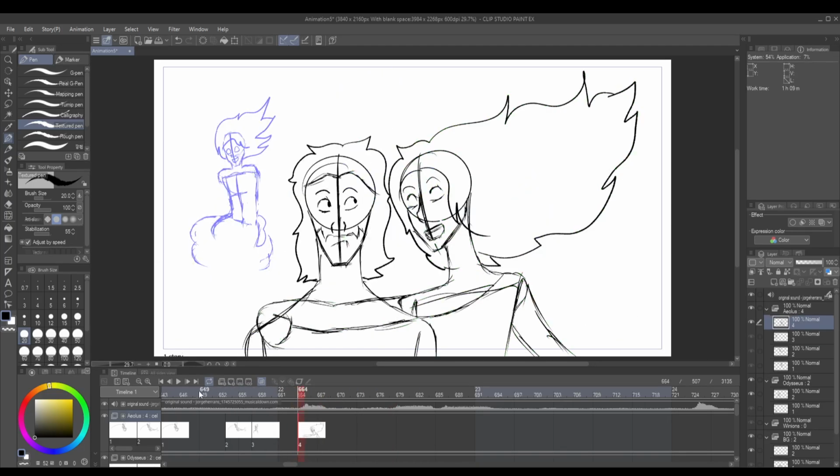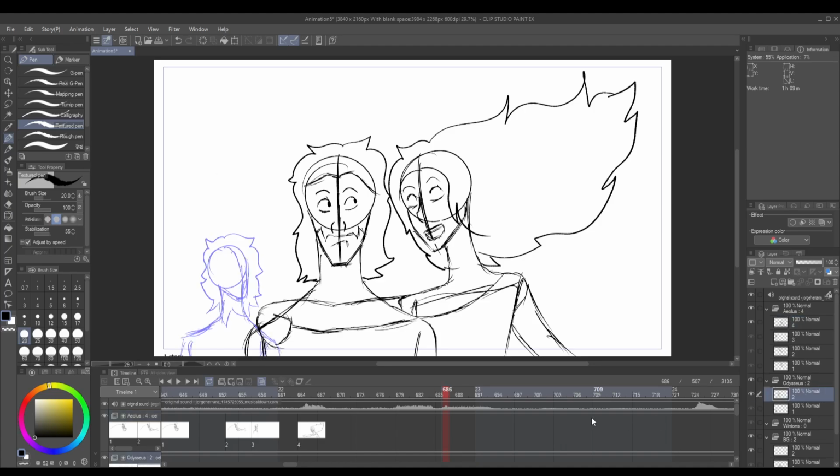Hold on, I want to figure this out, timing-wise. Welcome to my home! I think at the start of "home," I'm gonna put a new frame for Odysseus there. Kind of gets annoyed at